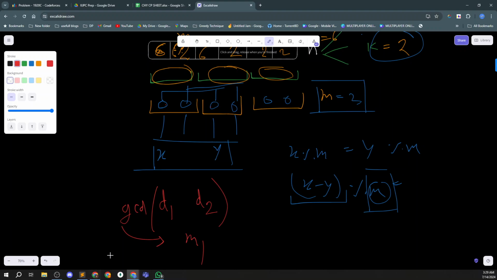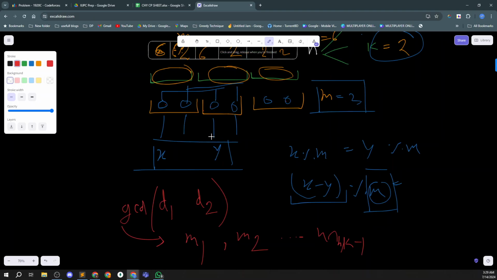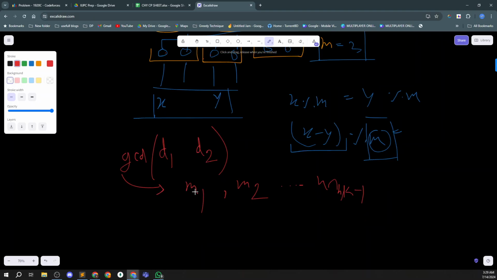example m1. Then I have checked the second and third subarrays in the same way and get another m, and so on. I possibly get some m, right? Up to k minus 1, n by k minus 1. So these are my possible m's, and to satisfy all the subarrays, so that all the subarrays are identical, there has to be a fixed m, and